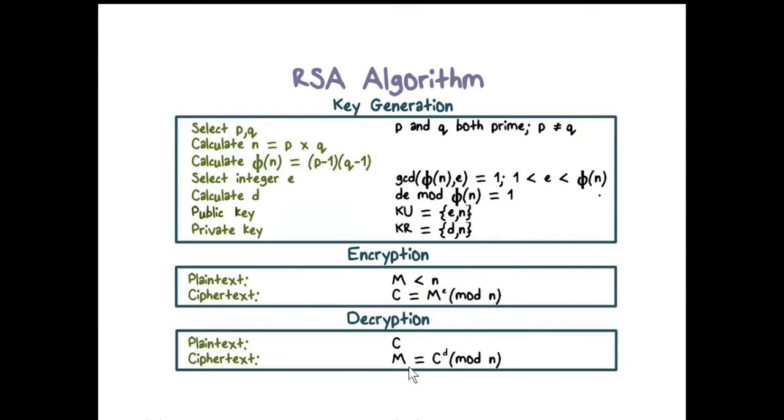And once you have C, how do we decrypt it? You just take the d power of C, because d is the inverse of e. So if you find C to the power d, then you will have your plain text back. This RSA algorithm is very strong, because if you have this value n and these primes are hundreds of digits long, then finding p and q is nearly impossible. So this is a strong algorithm.